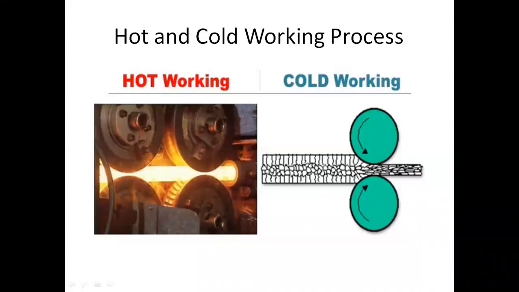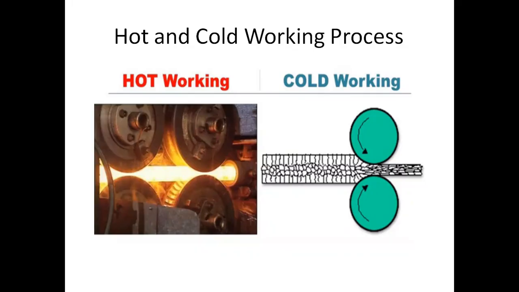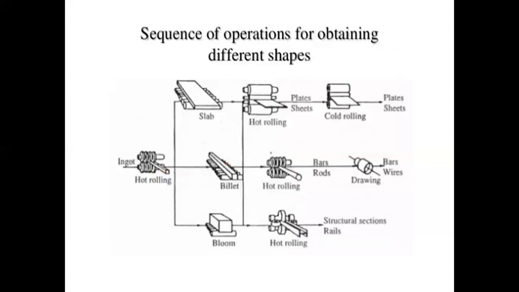Today our topic is the hot and cold working process. So what is the hot and cold working process? What happens in this, as the name says, hot and cold. So, two kinds of rolling process with a temperature difference. One would be hot, and one would be cold, or either at normal temperature. So how it is done, let's see with the help of a figure.